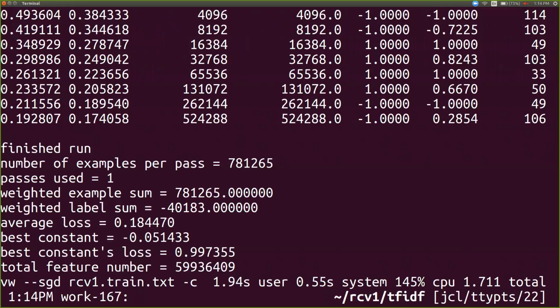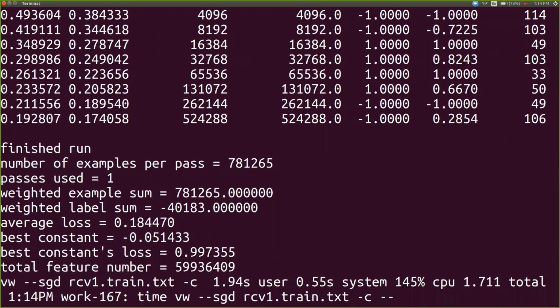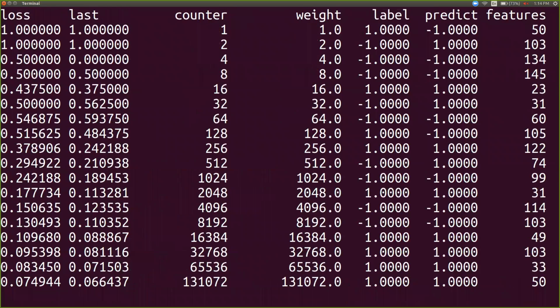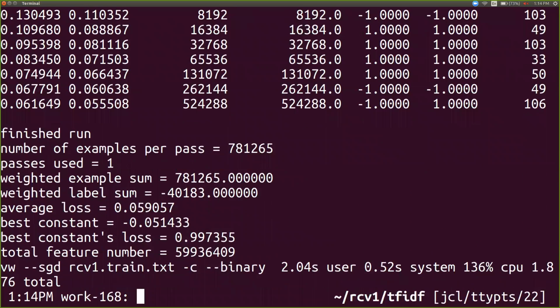And what we observe is that after about 1.7 seconds, we have a predictor. It's doing something non-trivial. This is reporting squared loss. If we wanted to report binary loss, we'd do S binary. You see that the error rate is getting down. It's down to about 5.9%